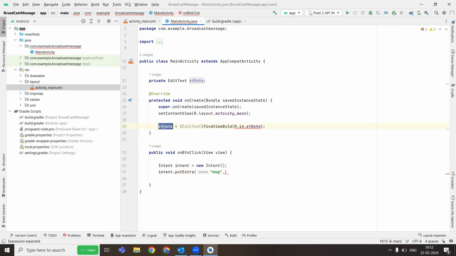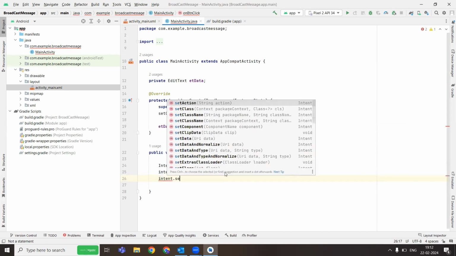So how do I get that dynamic value? I'll just say etData.getText().toString(). Perfect. So we got the data from the EditText, and after that we need to say intent.set